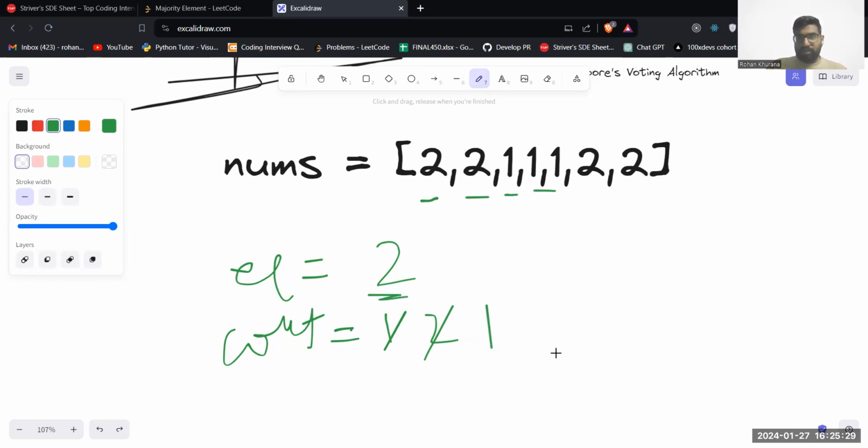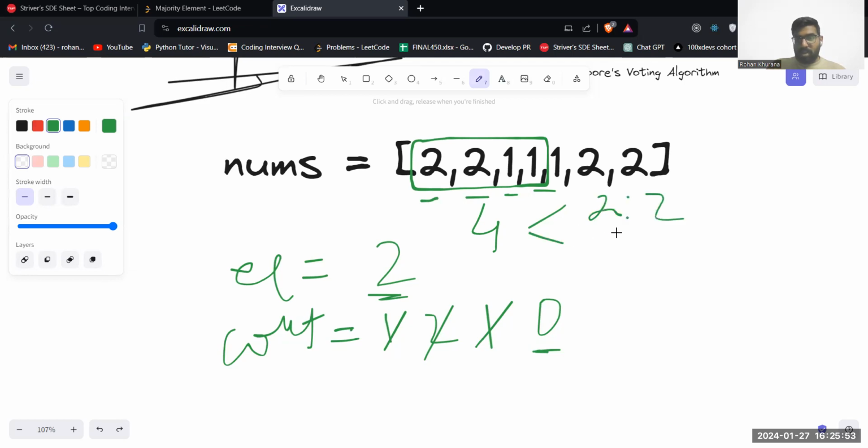Again, this is 1, right? I'll increase it and decrease it to 0. Now you will notice that my count has become 0. Now, till here, right? If I take this part, what is the sub array's length? It's 4, right? Now in 4, 2 exists 2 times, 1 exists 1 time, or you can say